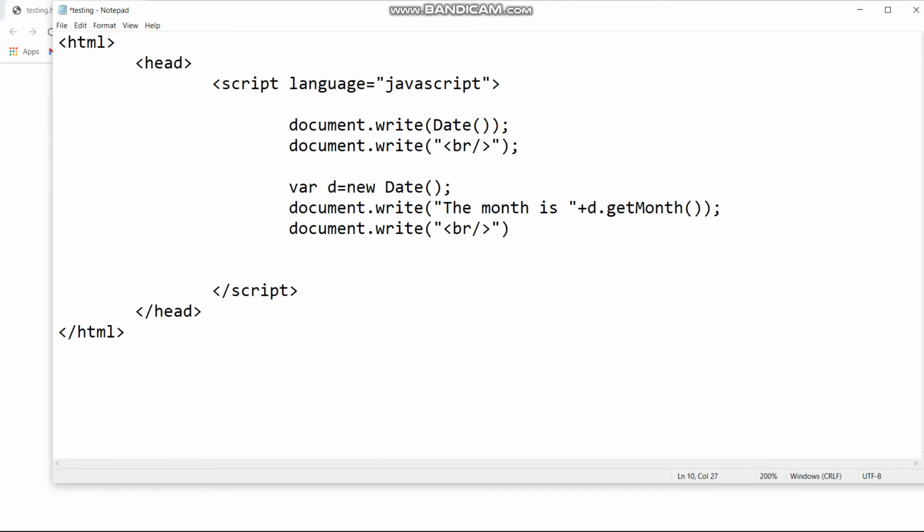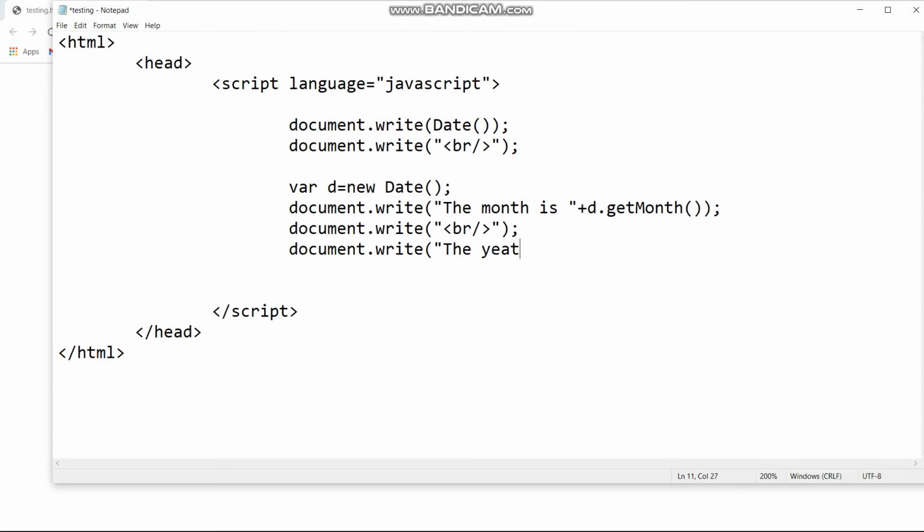Now you want the year, so first I will use the break tag, document.write and then the break tag. And now we want document.write, the year is, and then plus d.getYear.